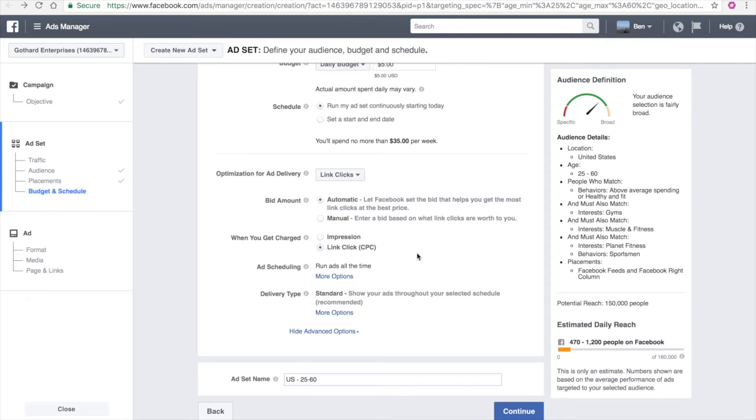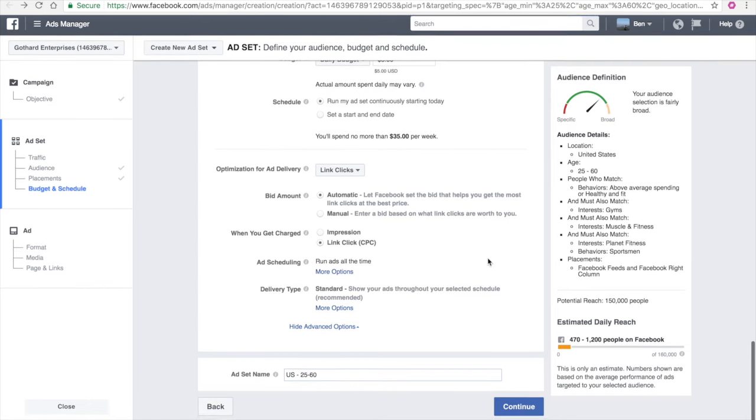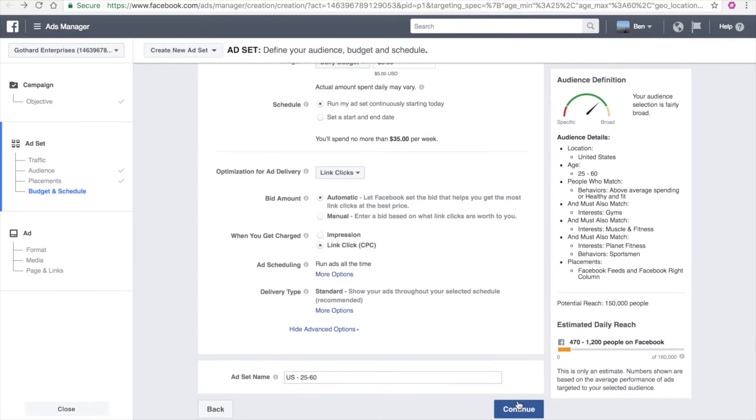Now again, this might be something that you want to test, and I would highly encourage you to test it out, because you truly do not know what is going to be your best ad, what's going to be the best thing for you. So we're going to keep going, we're going to continue,